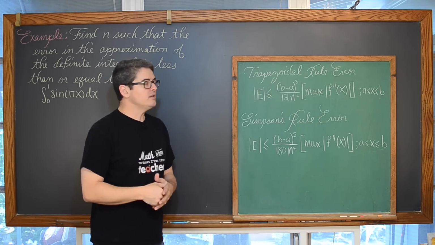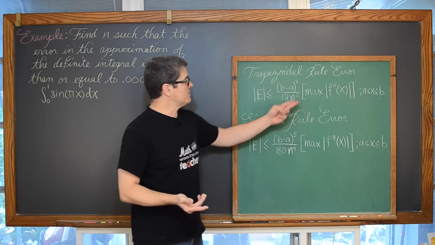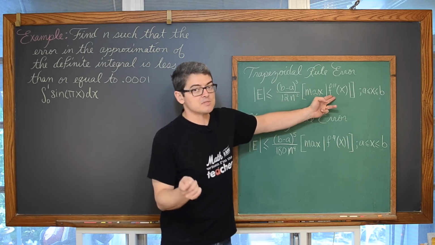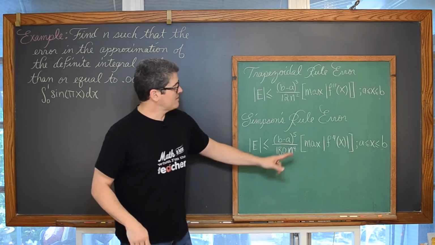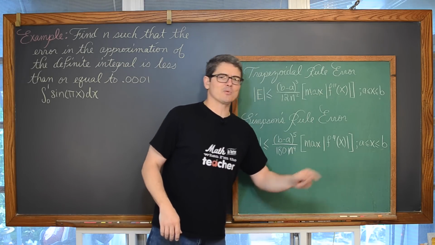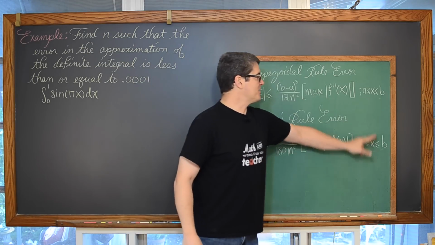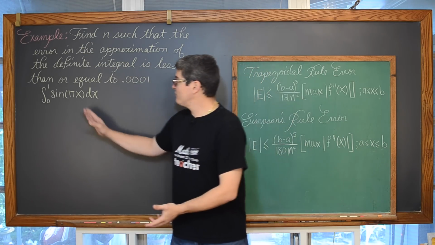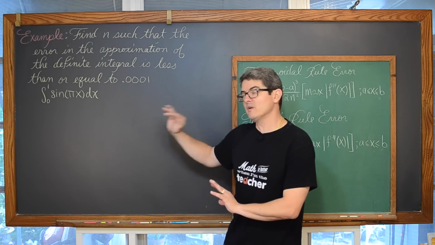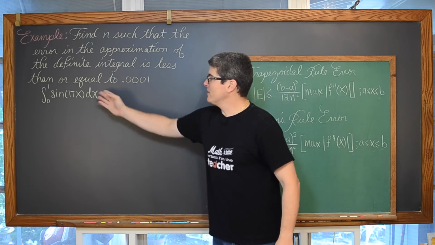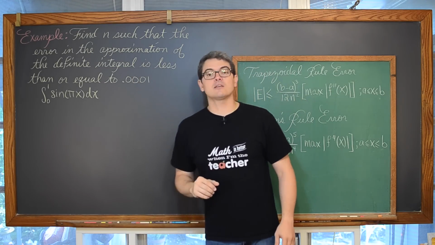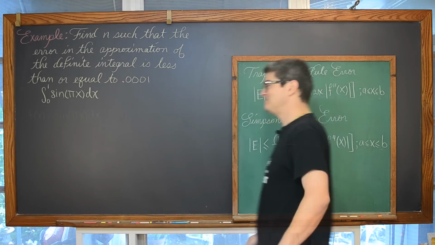And what you still see in here, though, we're using these rules. So we're still going to have to find the maximum of the absolute value of the second derivative and the maximum of the absolute value of the fourth derivative. I think I finally got that down, saying that in this lesson, on the closed interval. So I'm going to step off again, find those 5 derivatives, all the way up to the fifth derivative of the sine of pi x dx, and continue with the problem from there.